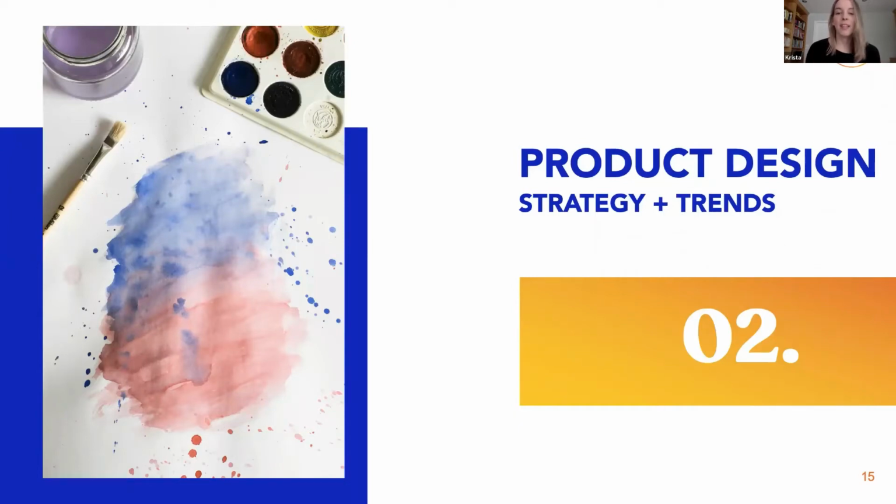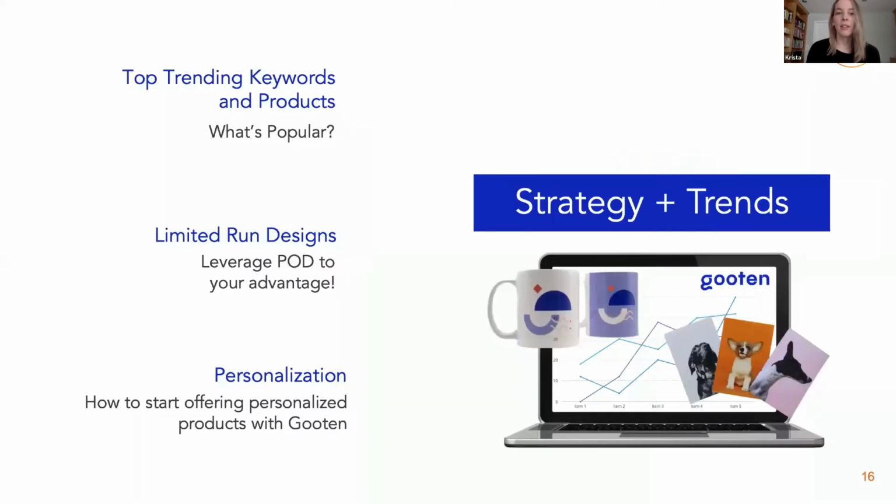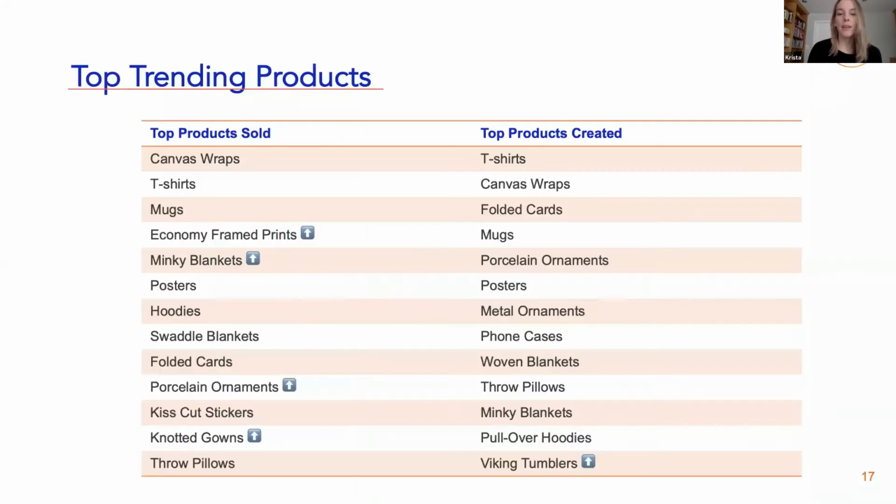just generally. So getting into it, first I'll talk about our top products and keywords that we've seen, and then we'll get into a couple strategies. First up, we have our top trending products. Top products sold and top products created are two different things. So we're looking at products that are created in the hub and then products that are sold through the orders